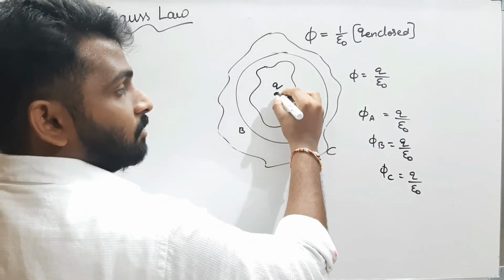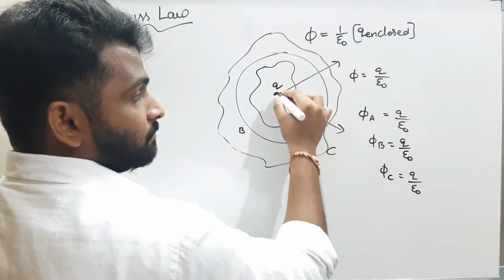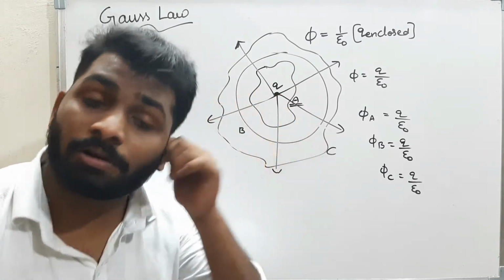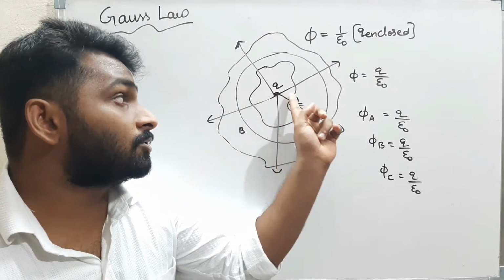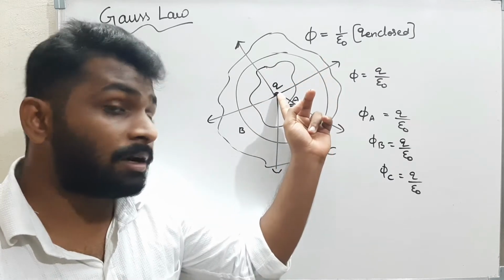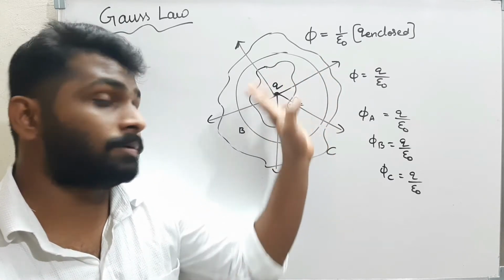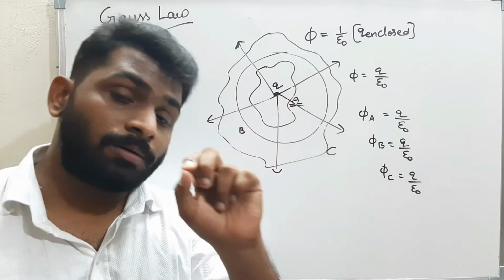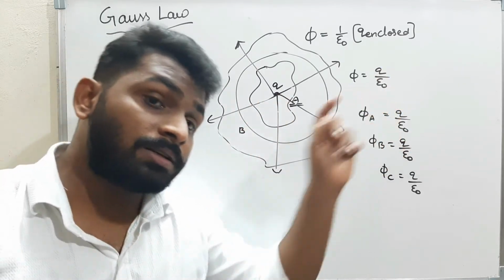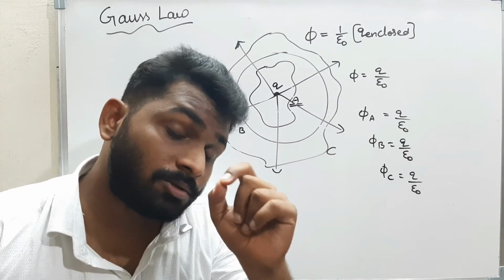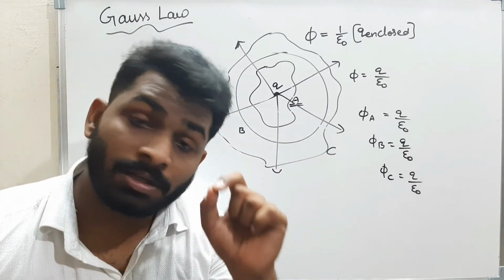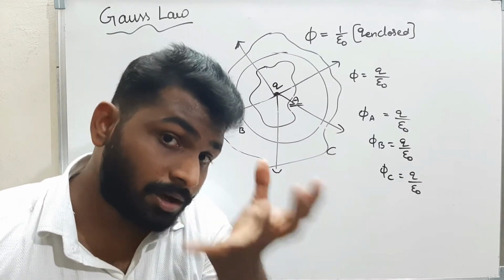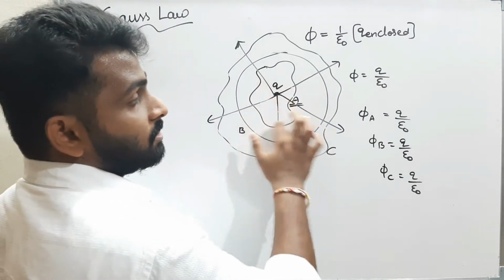Now see here, this is a charge, and because of this charge, the electric field lines will be like this. You guys will accept that? These are the electric field directions. Okay, well and good. Now see here, how many electric field lines are passing through the surface A? 1, 2, 3, 4, 5. Through the surface A, the number of field lines passing is 5. Therefore it has a particular flux, that is Q by epsilon naught. Flux means simply the number of electric field lines passing through the surface. It is simply the count. The flux through A is nothing but Q by epsilon naught.